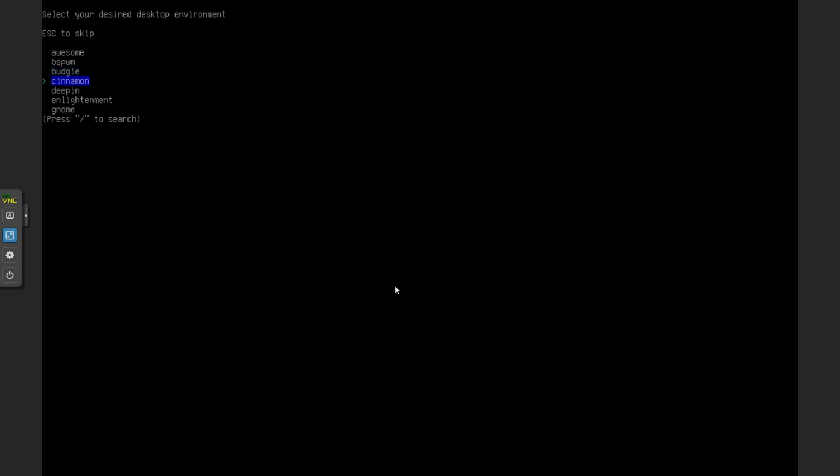I don't really like Budgie in my preference. Cinnamon is actually the desktop that Linux Mint made, but it doesn't really work well on other OSs, so no. Deepin, oh, really good desktop environment, but this desktop environment only fits into the Deepin OS. So Enlightenment, I don't know what this is. GNOME,